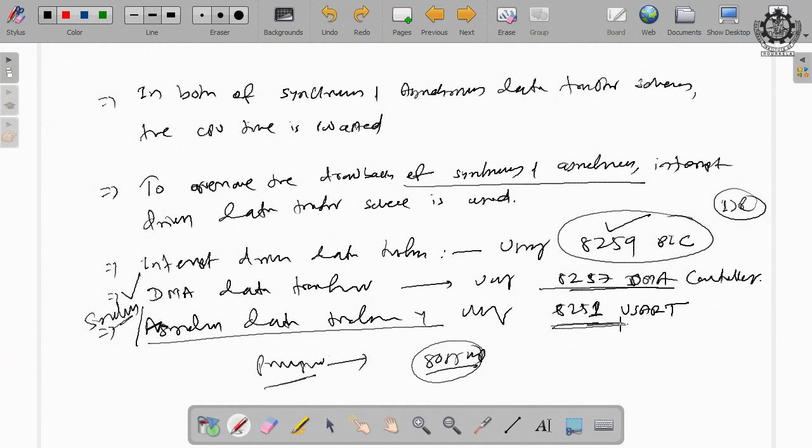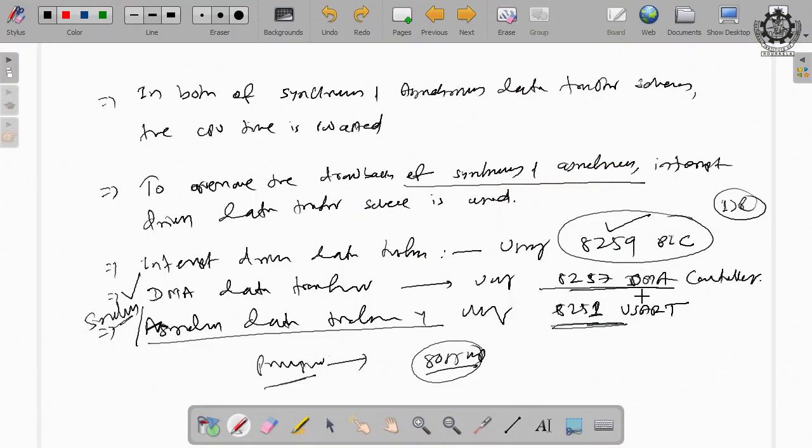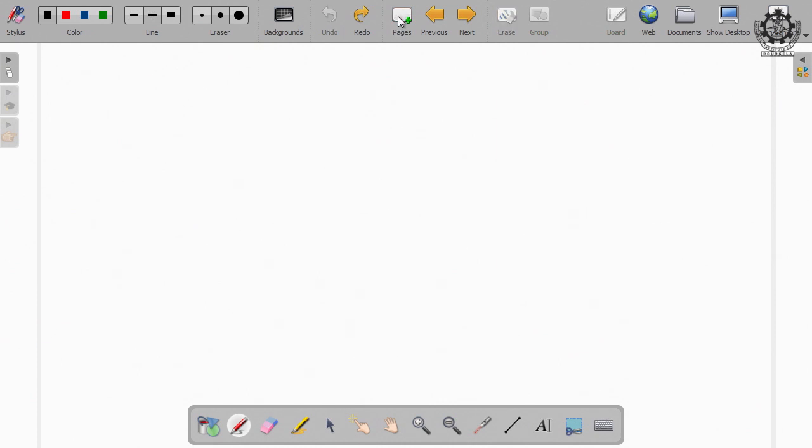Now, we understood what the schemes are and the basic characteristics of each of these data transfer techniques, but how these are implemented using different chips is to be seen. But before going to the DMA controller and 8251 USRT, DMA data transfer techniques are also divided into two types.